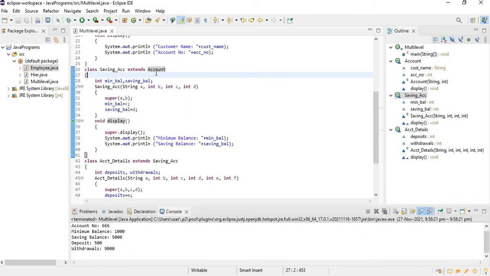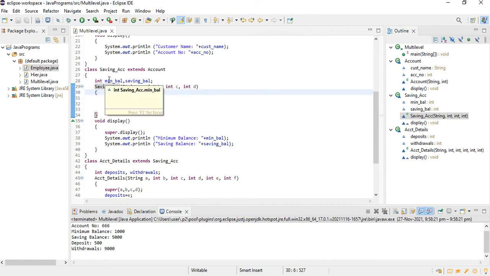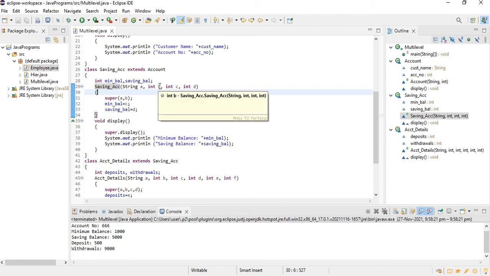I already said the child class does not get the properties of the grandparent class directly. It acquires the properties of the grandparent through the parent class itself. So in my constructor, I'm going to take four parameters: two for the parent class itself and two for the grandparent class.